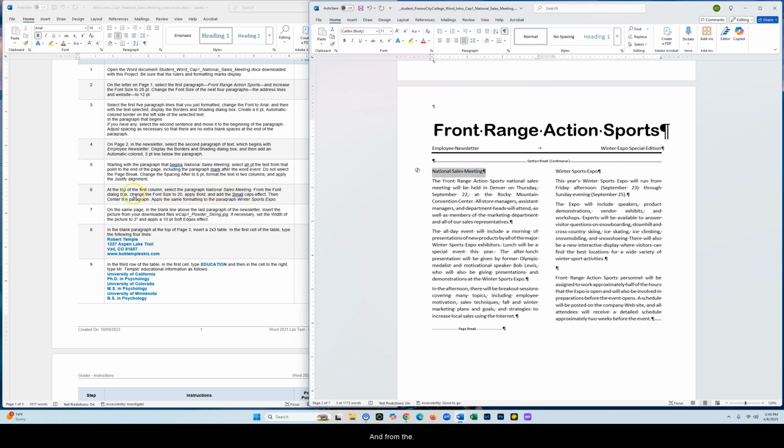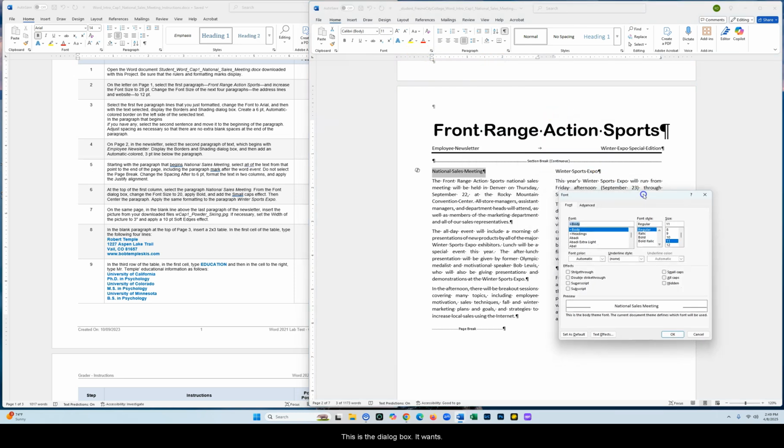And from the font dialog box, change the font to 20-point, bold, and small caps. So the font dialog box. So let's go to font. This is the dialog box it wants. It wants me to go 20-point. So let's go to 20-point here. 20-point. Apply bold, which is right there. Add small cap effect,